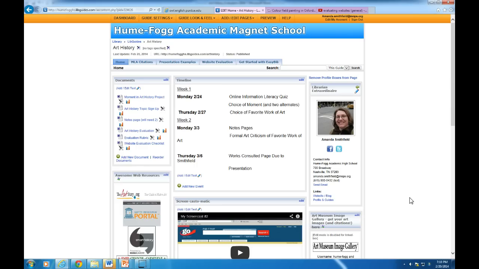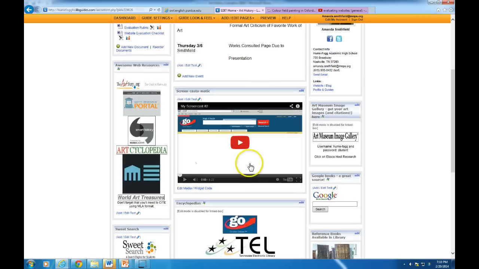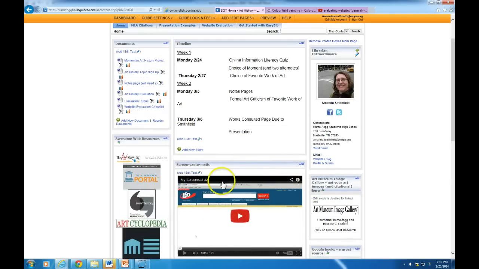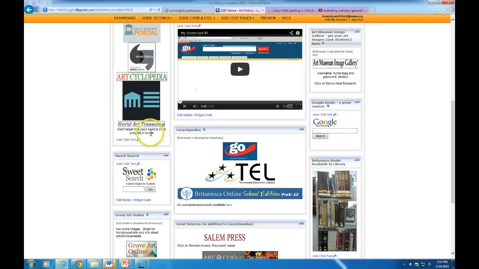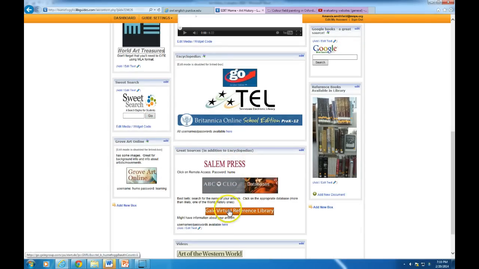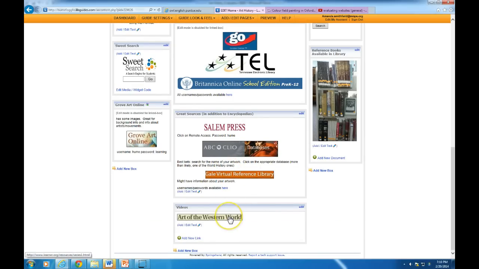So let's start by looking at the LibGuide and what's on it. You'll notice that you have all your documents here. You have a timeline, along with the quiz. You have some web sources. I've chosen those for you, so you know that those are good, reliable sources. You have some good encyclopedia sources, some other database sources, a set of videos to watch, and you also have